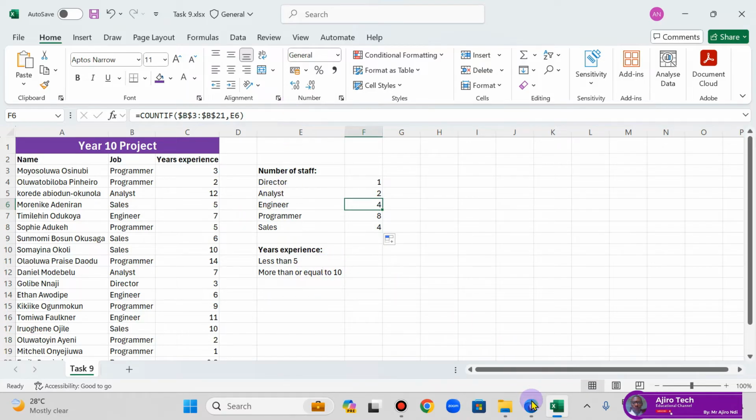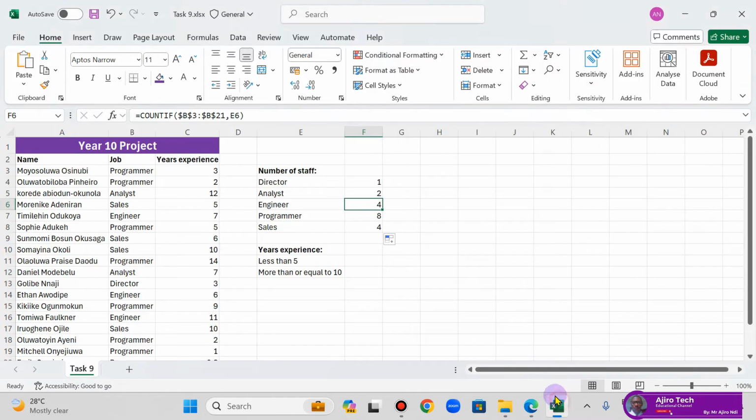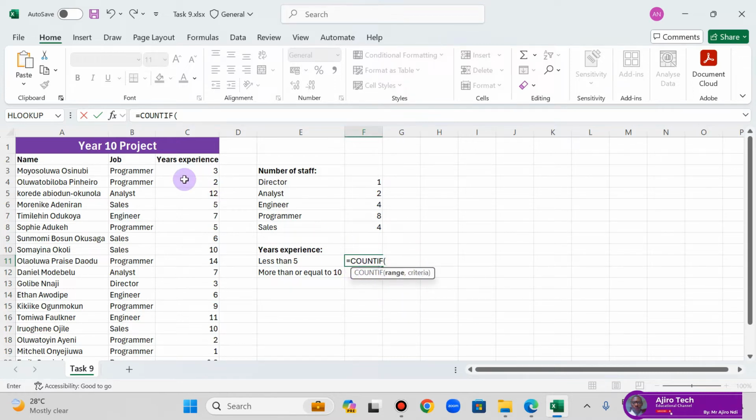Now for the other part, which is what? Place the formula in cell F11 to count the number of employees with less than 5 years. Place the formula in cell F12 to count the number of employees with 10 or more years experience. To do that, I have this. Less than 5, right? Years of experience equals COUNTIF, okay? And I have the range. So I'm going to highlight this,